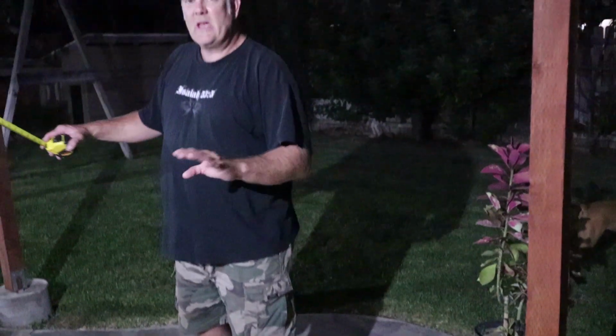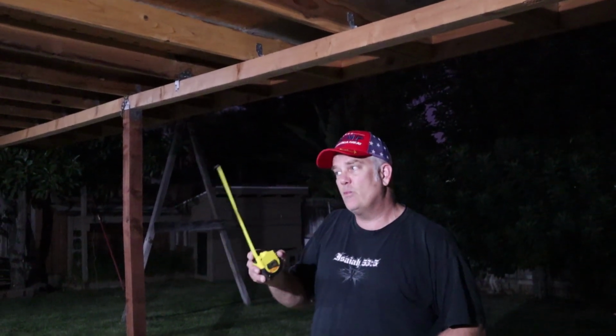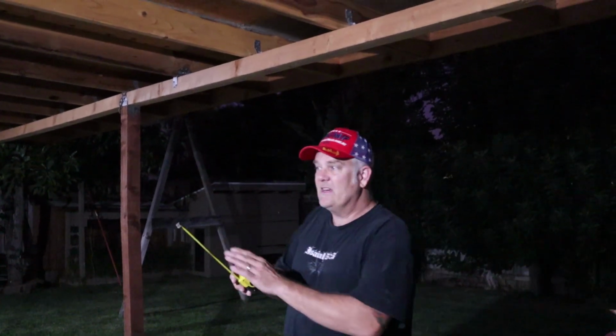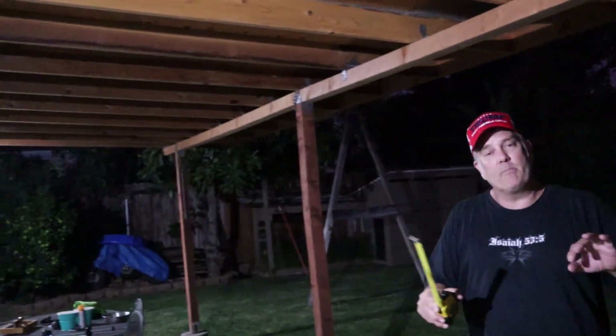I wanted to cover the main part, and the main thing I was trying to accomplish was to keep the rain from dripping off the side of my house and splattering on my brand new double pane windows and my double pane doors. And so I needed to cover all of this section, which is about 20 foot wide. Okay, so when you're planning that,